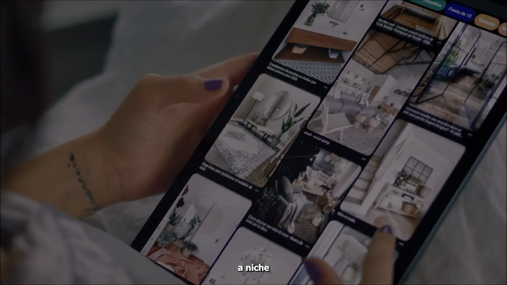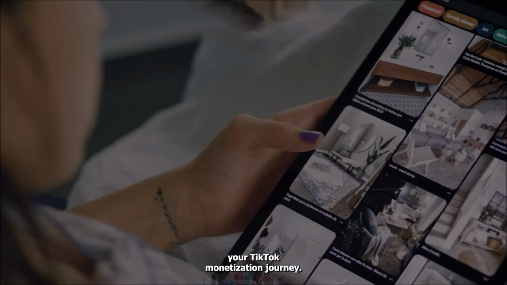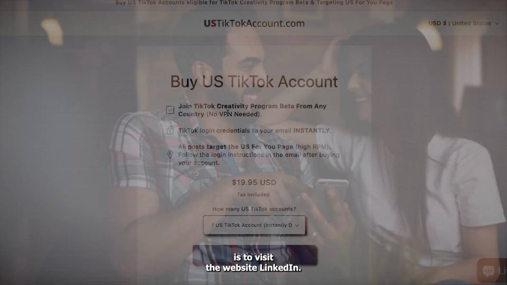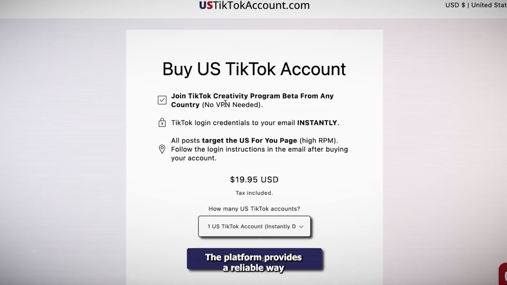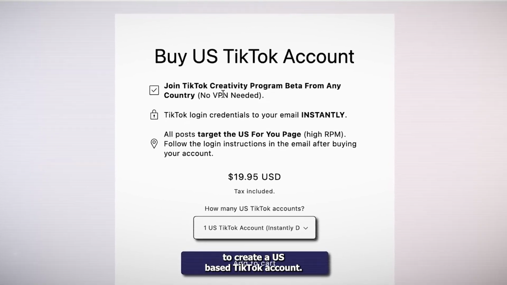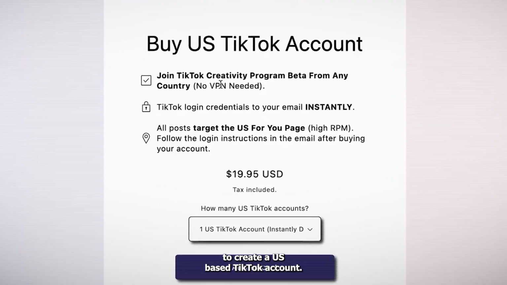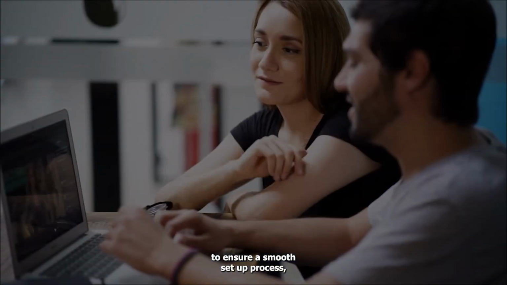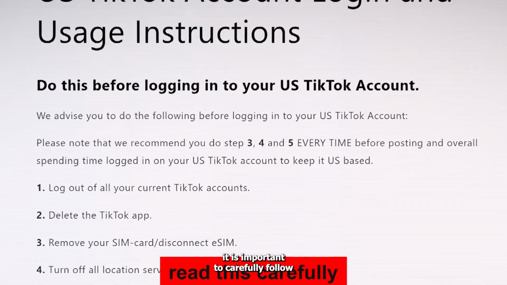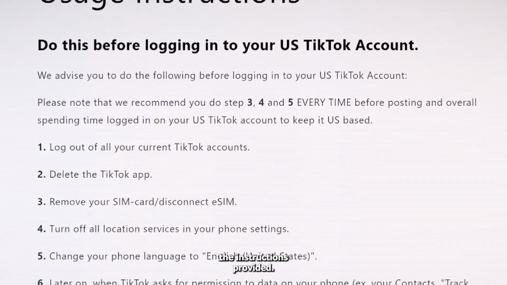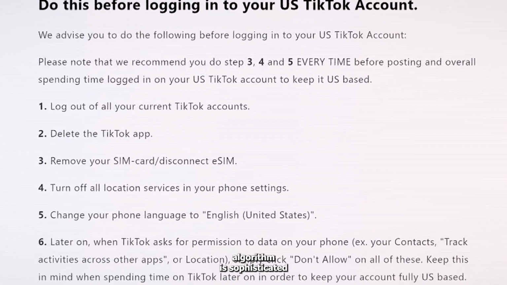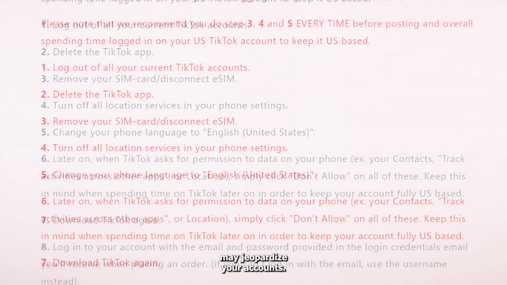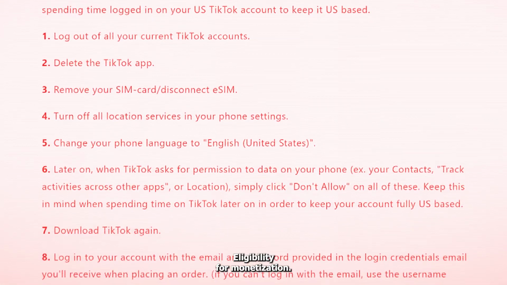Choose a niche. To start your TikTok monetization journey, the first step is to visit the website linked in the description. The platform provides a reliable way to create a US-based TikTok account regardless of your current location. To ensure a smooth setup process, it is important to carefully follow the instructions provided. Please note that TikTok's algorithm is sophisticated and any deviation from the prescribed process may jeopardize your account's eligibility for